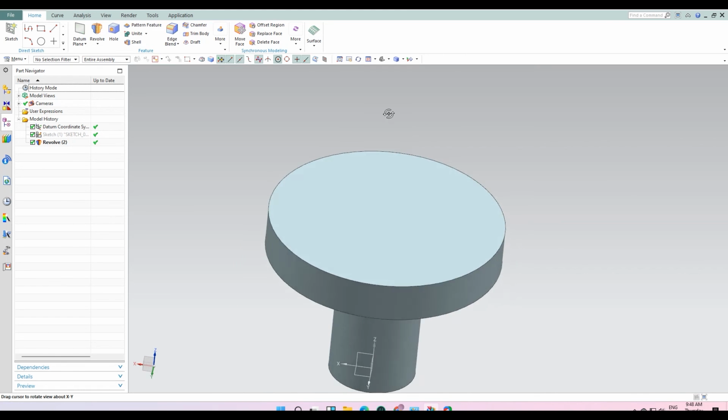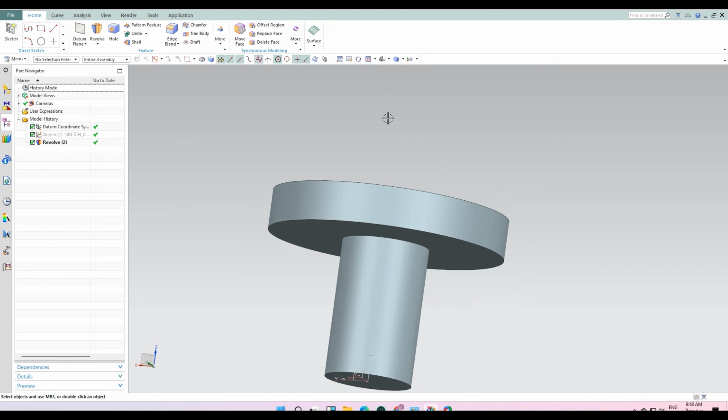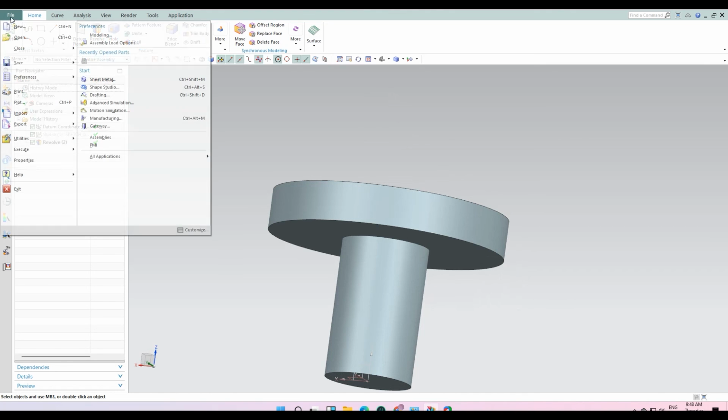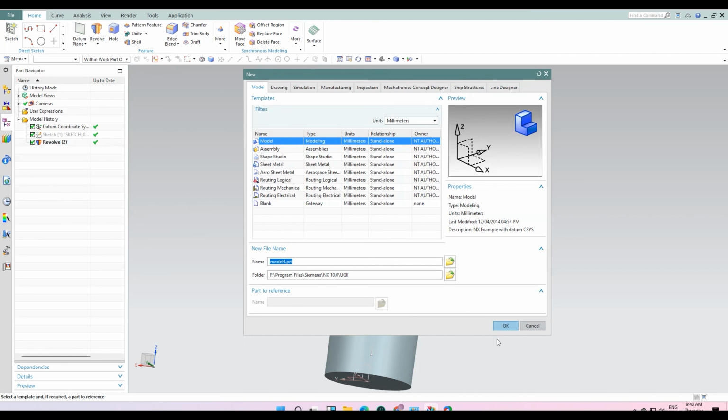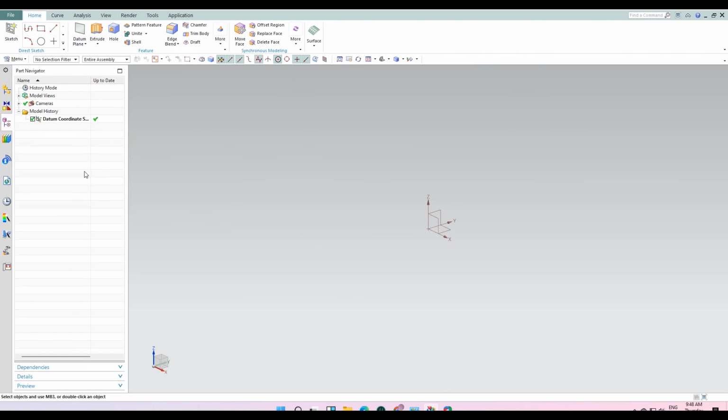Now I'm going to show you some basic fundamentals of NXCAD. You need to enter new, then OK. There are different modules over here, like profile, rectangle, line. There is arc.